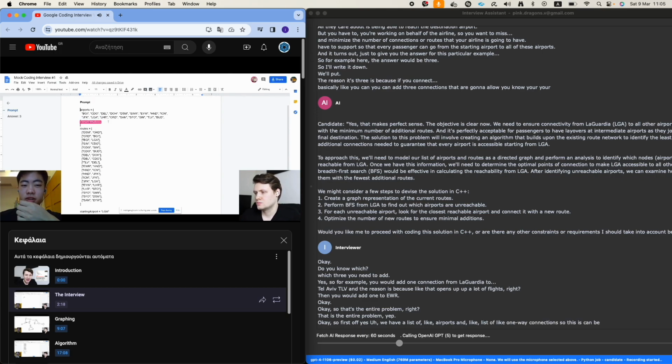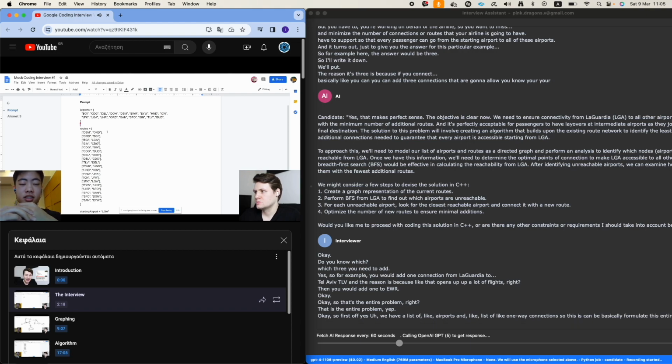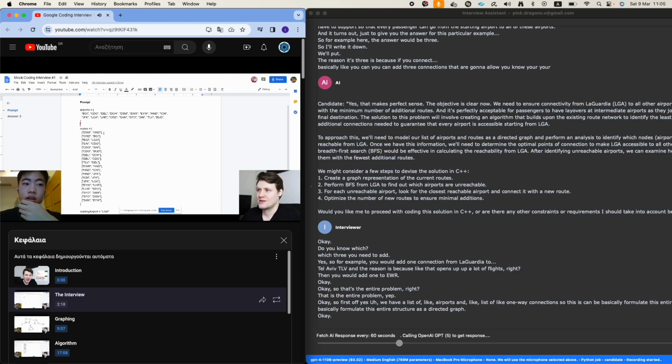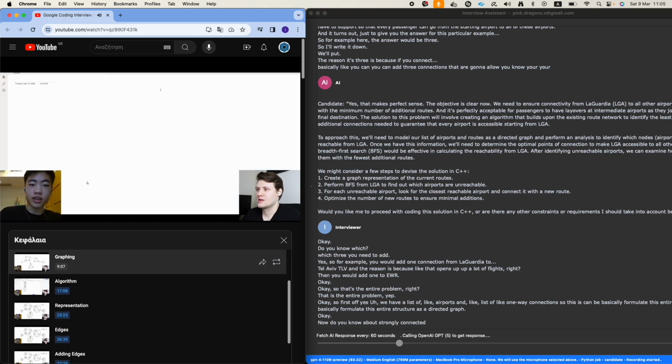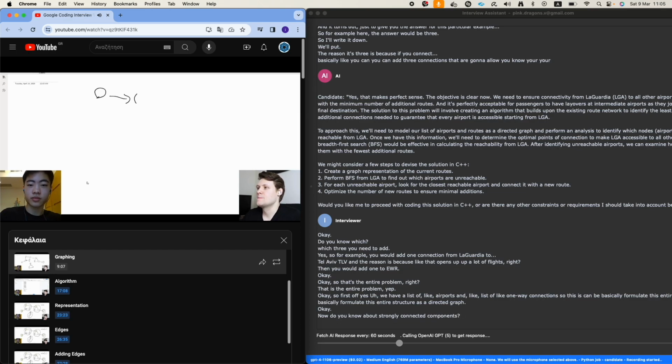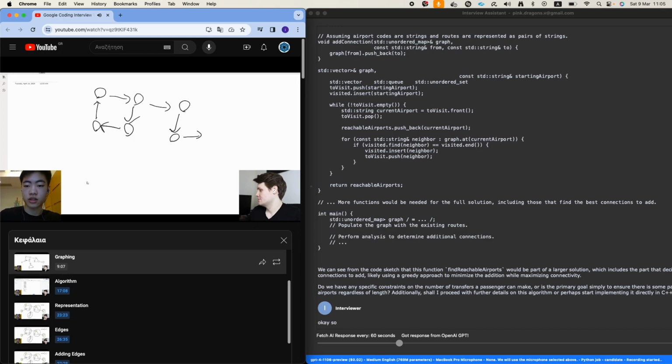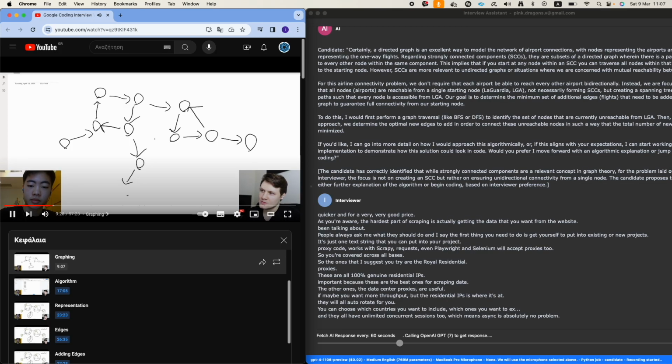Now, do you know about strongly connected components? Remind me or educate me. Okay, so imagine if we have a directed graph. Maybe it looks like this. And then in this graph, you might notice that,